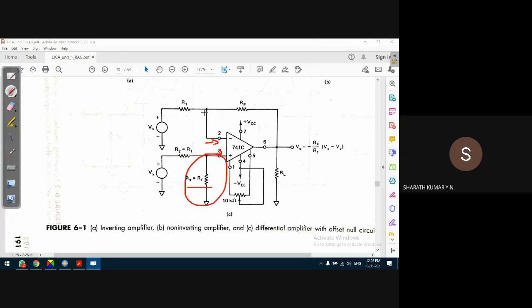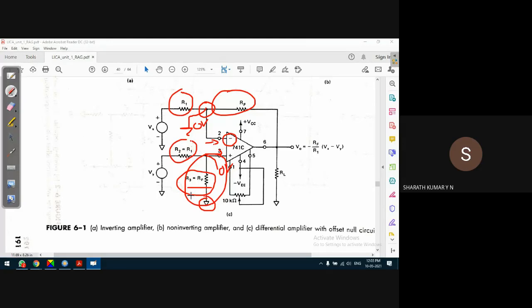See, very simple, guys. At the inverting input terminal, there are two resistances, R1 and RF, and the potential at this point is zero because of the virtual ground. Now we have two resistances, R2 and R3, and the R1 R2 junction is zero. The R2 and R3 junction is somewhere here, and because the other end of R3 is zero, this point is also at zero potential.